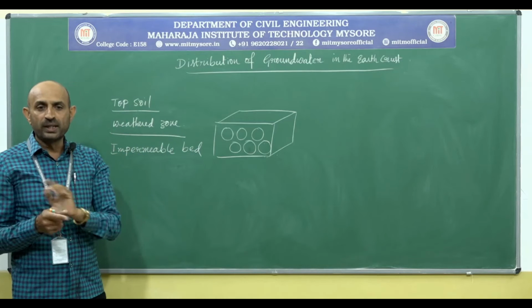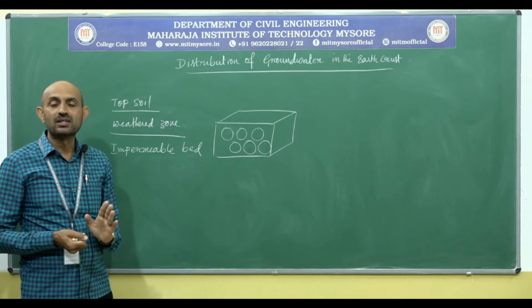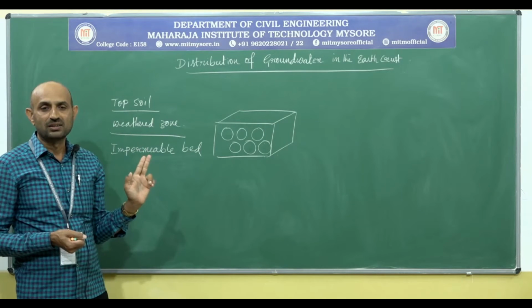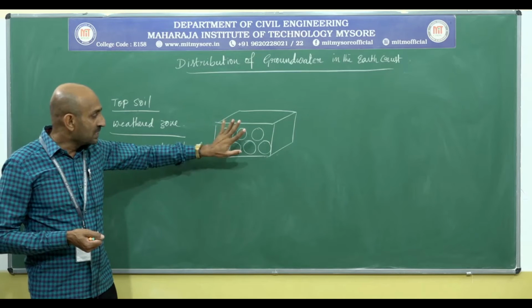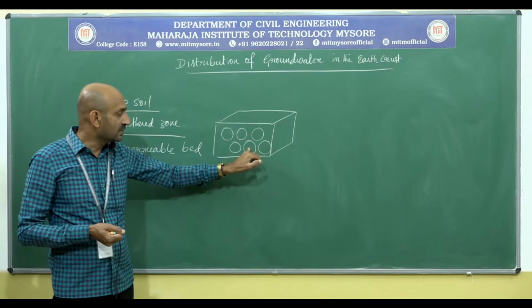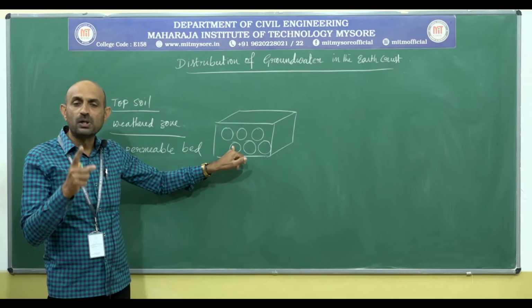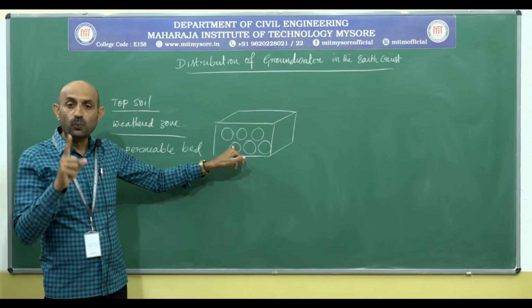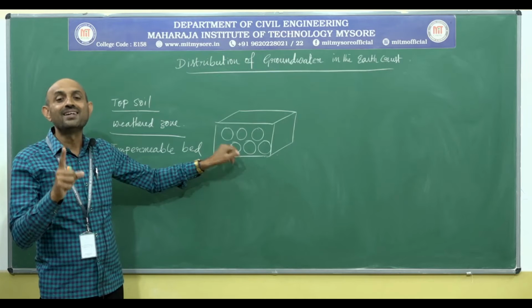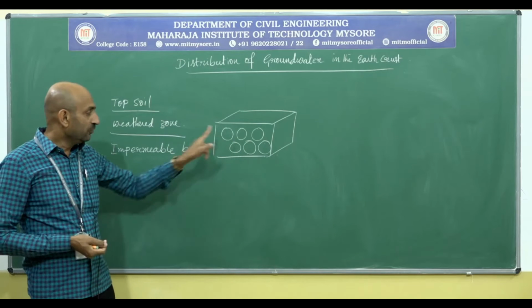In these openings, we are going to find the water. The water which is present in these openings, we are not able to extract when they are not interconnected. If they are